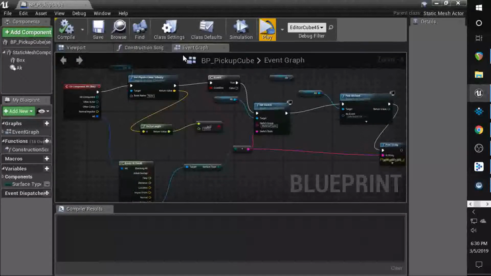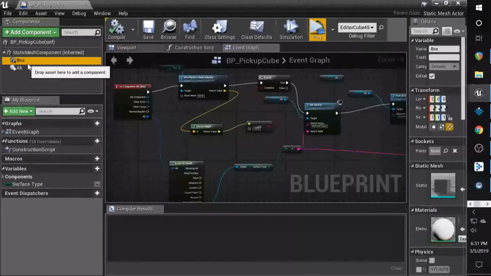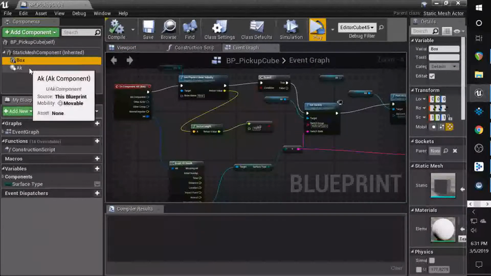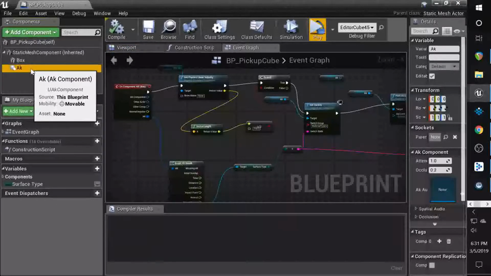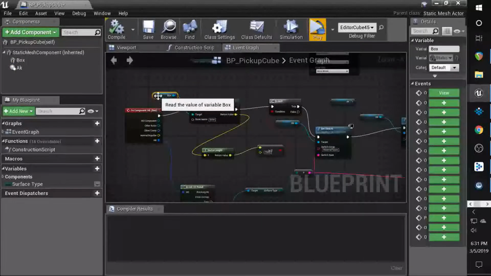For the cube to generate a sound based on a switch in WWISE was a little bit more complicated. Here is the blueprint. I generated two components, one for the AK sound library and the second for the cube itself. We start with an on-hit component event, which goes out and gets the linear velocity and then references the